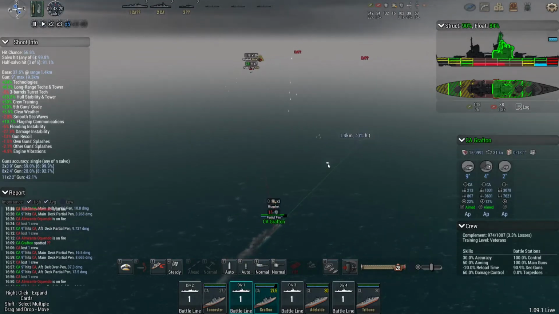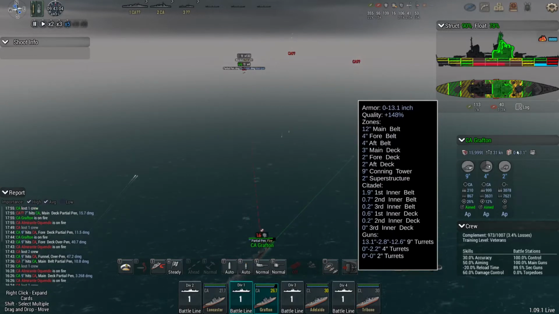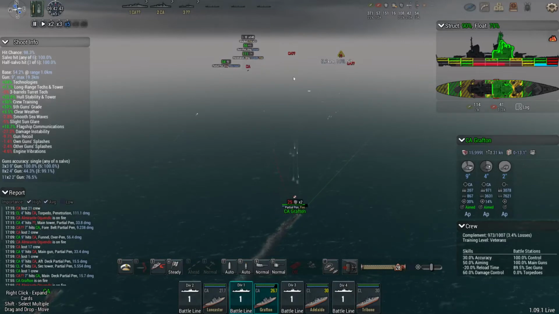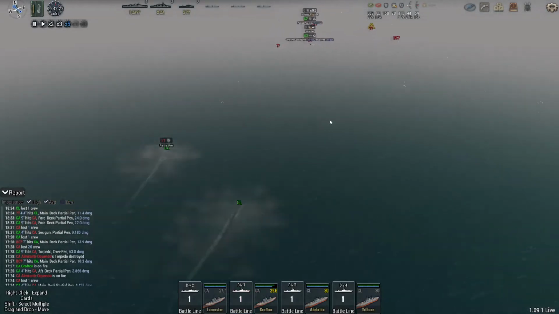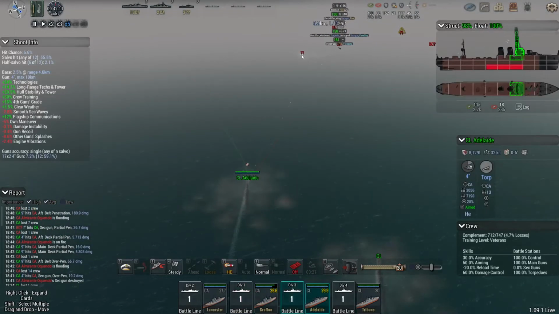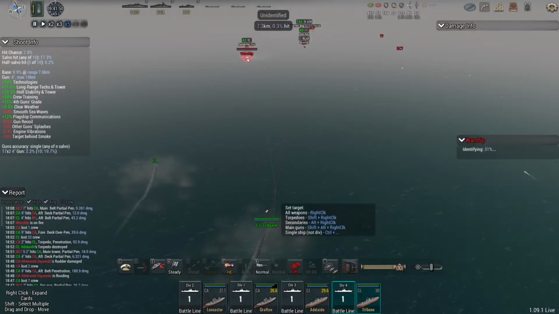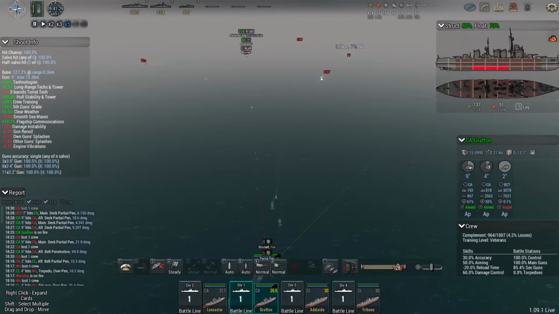The Grafton, however, is starting to take more and more hits. With her 12-inch main belt, I am somewhat surprised, but I suppose, yeah, we're getting deck penetrations from their capitals in the rear. Rather frustrating, to say the least. Light cruisers deal with that, well, either light cruiser or...